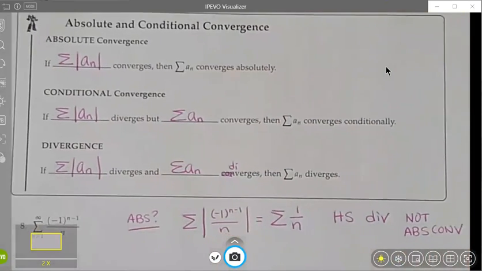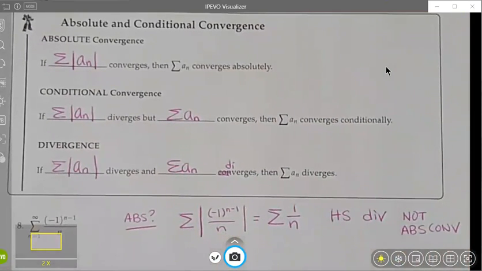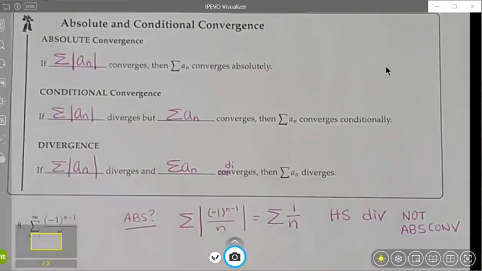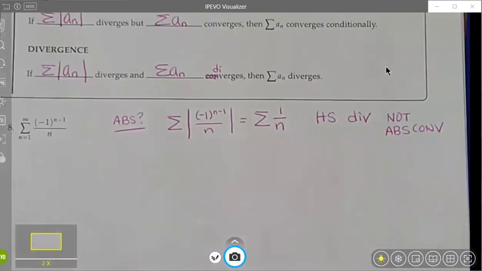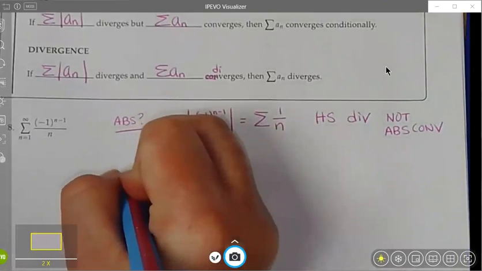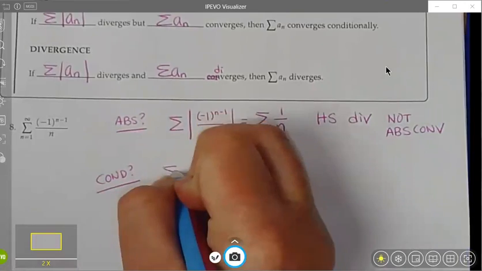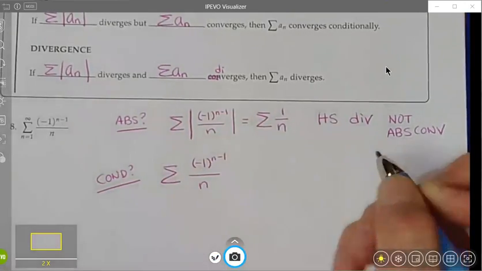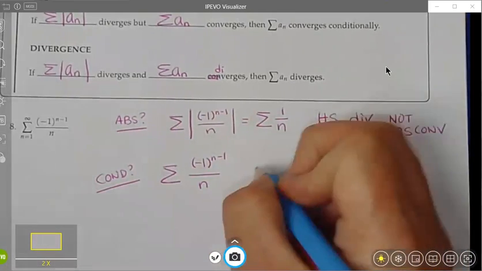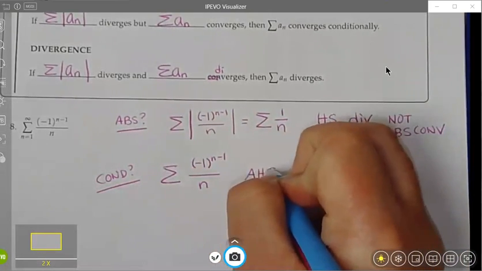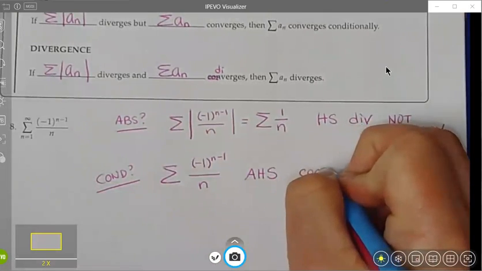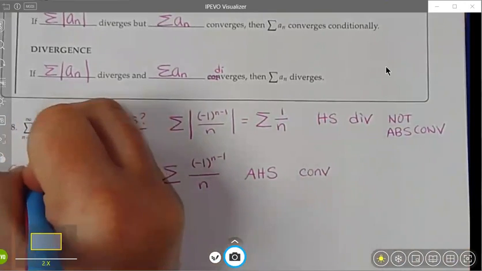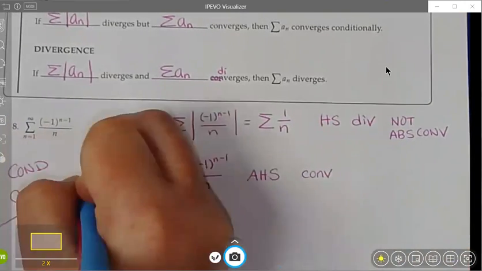Okay. So that means the next step is to test to see if it is conditionally convergent. So we've got divergence here, so we're going to look at the original series without those absolute values. So I'll make a note here, conditionally convergent question mark. So I have (-1)^(n-1) over n. We know from earlier in this section that this is the alternating harmonic series, and we know that that converges. That means that yes, this is conditionally convergent. All right,